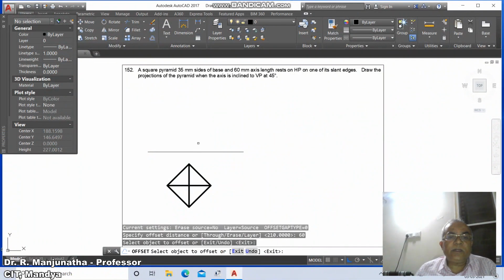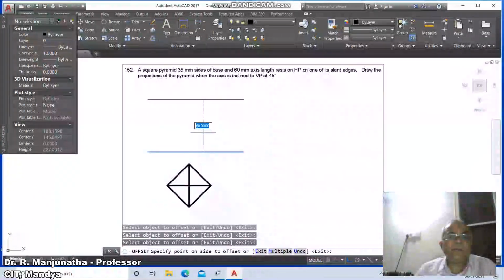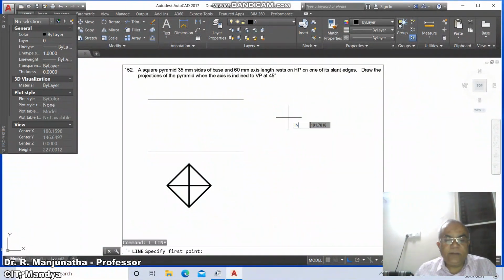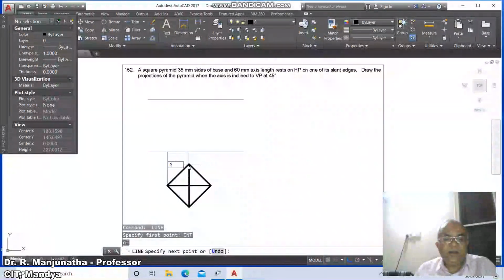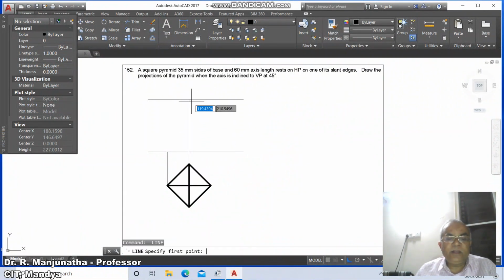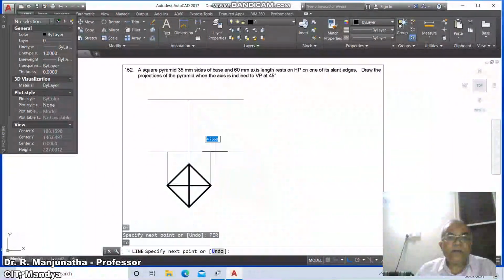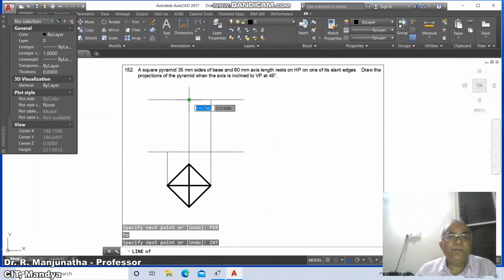Offset this line by 60 mm, then go to line, INT of this and draw perpendicular to this, and again draw perpendicular to this, then go to line, INT of this and draw perpendicular to this, and then INT of this and INT of this.